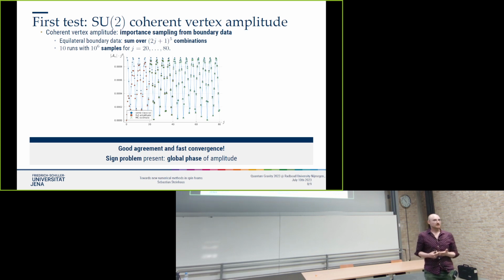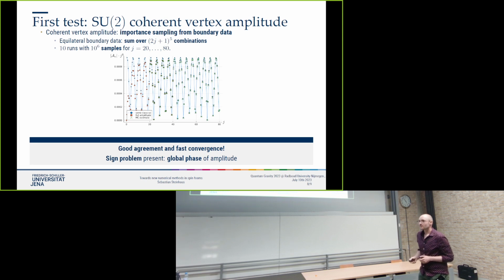In comparison, I also tried random sampling for these results, and I wasn't even getting to the correct order of magnitude of these results. So I'm surprised at how good this agreement is, but as I said, the amplitudes are oscillating, and the sign problem is also present there. The sign problem is hidden if you would want to define the global phase of the amplitude. So that is something that is very difficult, and that only slowly converges.